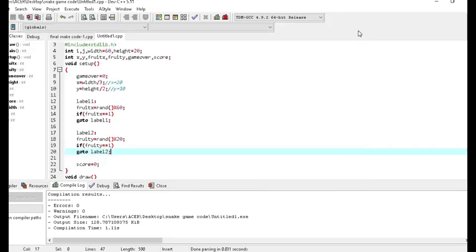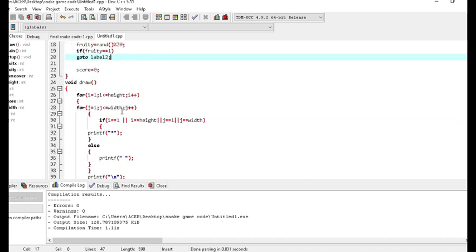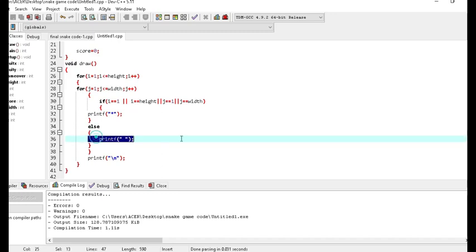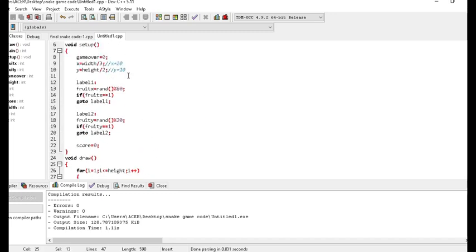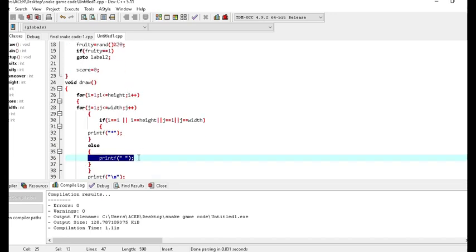Now see, we have to make certain changes where we had made the logic to print blank space. The reason for these changes is that we even need to print the fruit and snake in the blank space. See, this is where we had written the blank space logic. We even want to print the snake and fruit, so we have to make some changes over here.